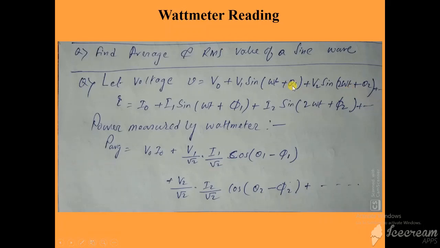So theta 1 is the phase of this part of the voltage, theta 2 for this part of the voltage. Similarly phi 1 is the phase of this part of the current, then phi 2 for the second part of the current, right? If it is 2 omega t, then it is known as the second harmonic. This is the first or fundamental, then the second. Similarly for the current, if it is only omega t, it is the fundamental, then the second harmonic. So the phase of the second harmonic voltage is theta 2, and the phase of the second harmonic current is phi 2.